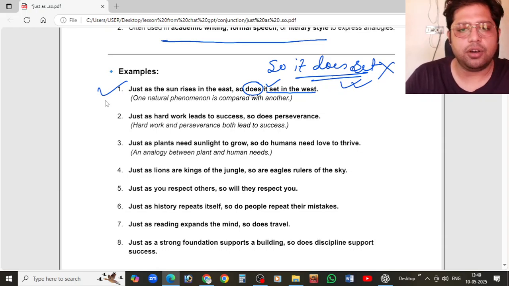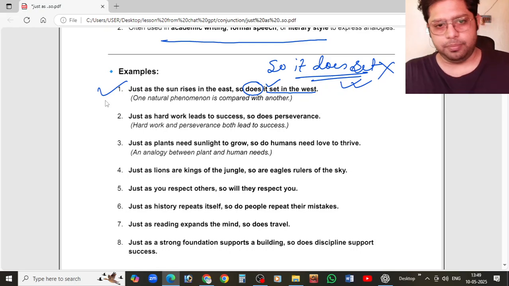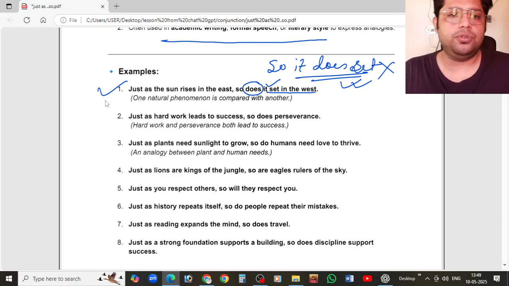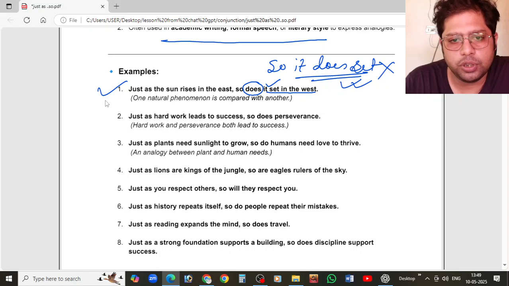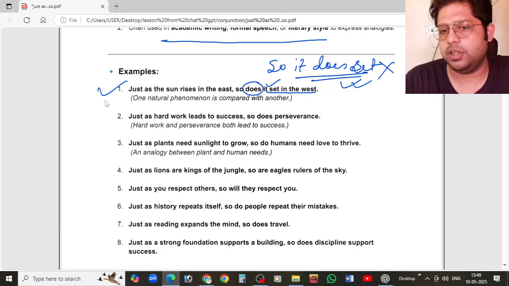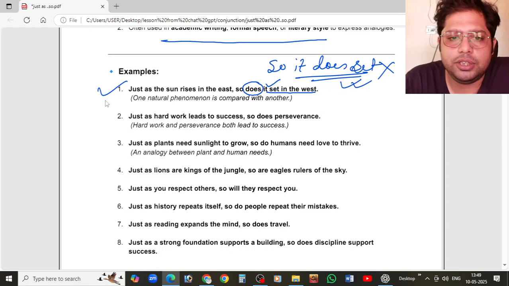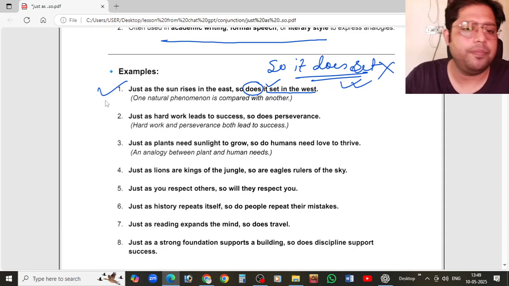So what is the meaning of this structure in Bengali? If I have to say this thing in Bengali, it will be: just as the sun rises in the east, ঠিক যেরকম সূর্য পূর্ব দিকে ওঠে সেরকমই ইট সেট ইন দ্য ওয়েস্ট, একইভাবে এটা ওয়েস্টে সেট করে যায়, ঠিক আছে, বা ওয়েস্টে অস্ত যায়। তো এইটা হচ্ছে বেসিক্যালি দ্য স্ট্রাকচার অফ দিস জাস্ট অ্যাজ সো।